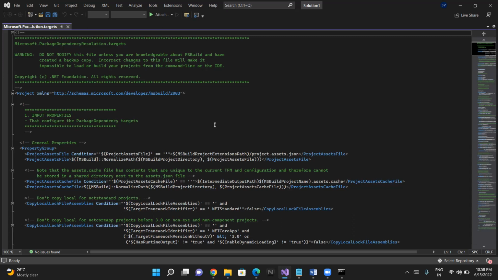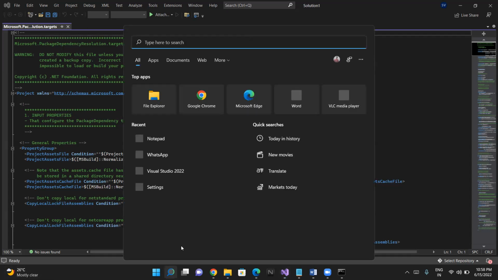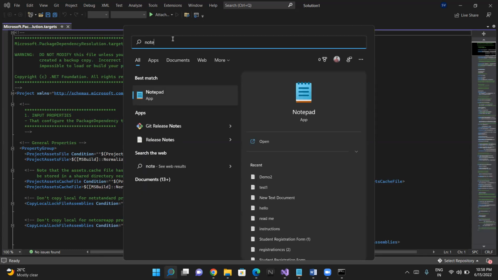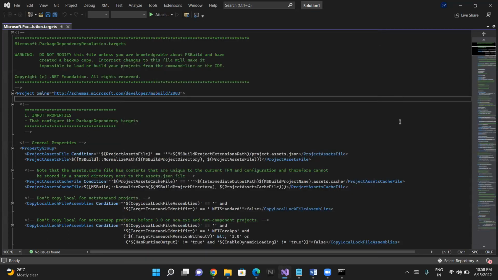Do you have Notepad++? Search if you have Notepad++. Okay, you have only Notepad, is it? Okay. Because I'm not able to see the numbering here. If the numbering is not there, then we won't be able to see the actual